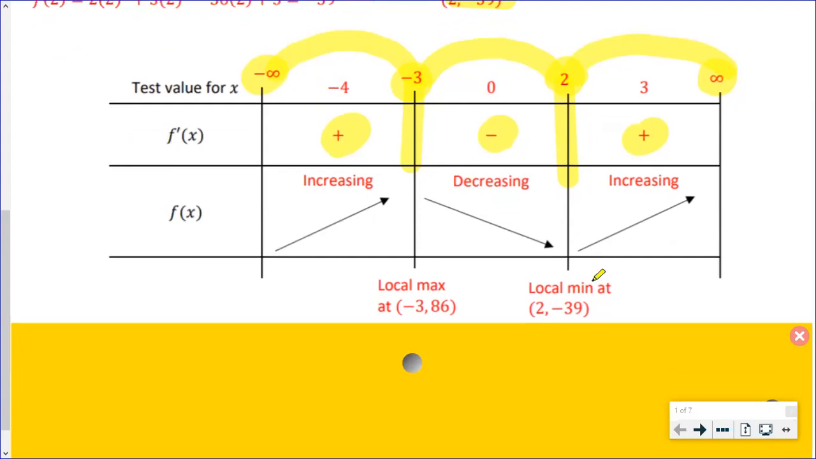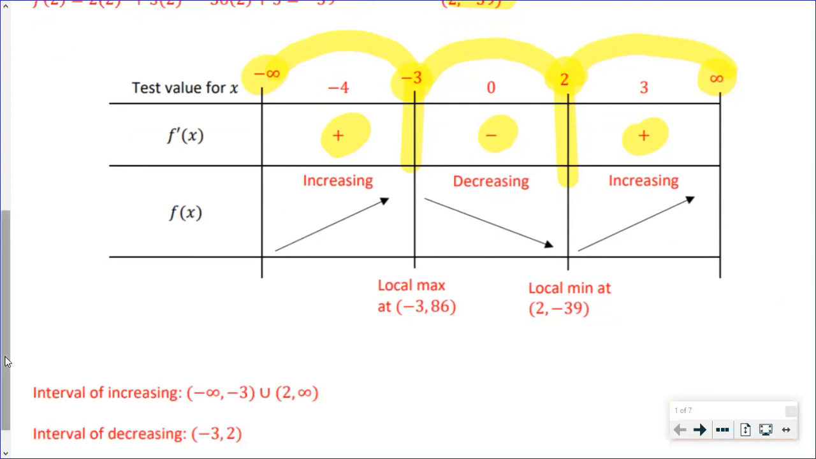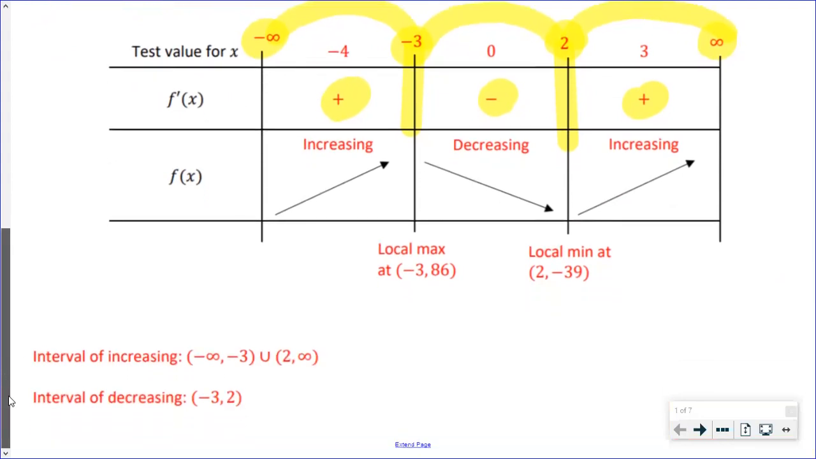As we move from a decreasing interval to an increasing interval, that is always a minimum. And we're going to define local maximum and minima again. So the last part of the question would just be to define the increasing intervals and the decreasing intervals. I put it in this notation because this is what your textbook often does. All this means that